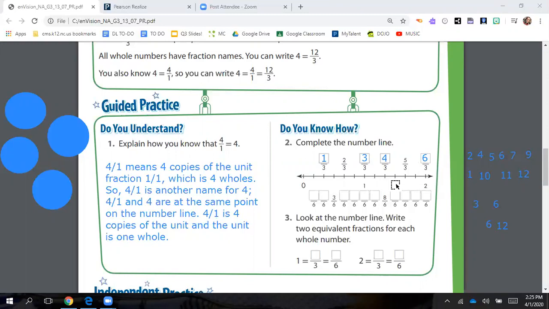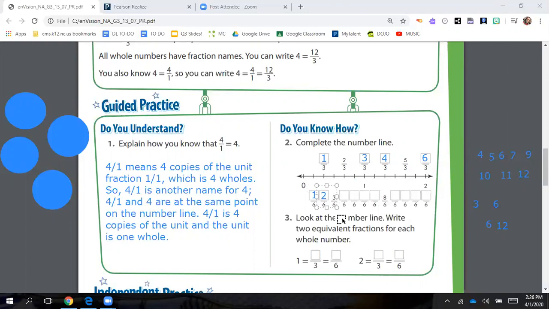Okay? Now I'm looking down here and I see I have 6. This number line is partitioned into 6. If I count my wholes, I have 1, 2, 3, 4, 5, 6 parts. So this whole is split or partitioned into 6 parts. So I know I start with 0 and I count up from there. So I have 0, then I have 1/6,